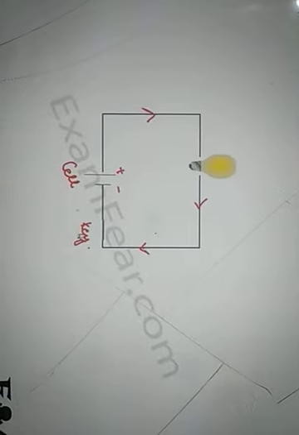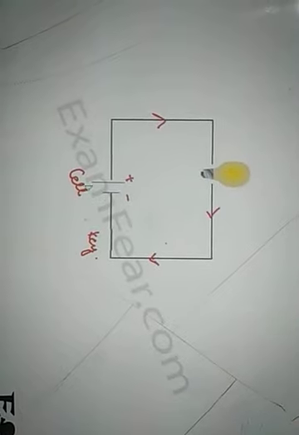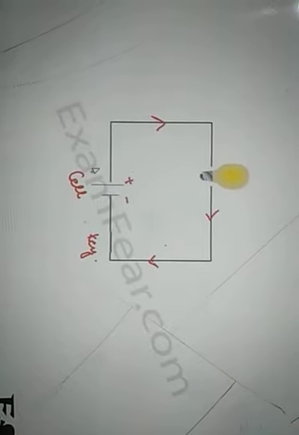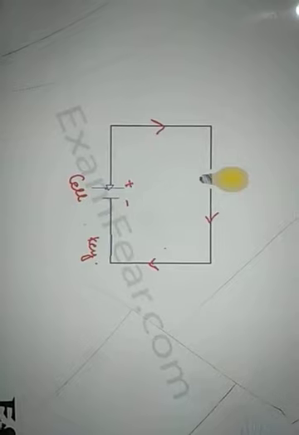Now, though it is not mandatory that the key has to be placed in this position, it can be placed anywhere, okay? One important thing is that the cell should be drawn appropriately, so you do not end up making both the lines of equal size, because that creates confusion. So our question was, why does the bulb glow?